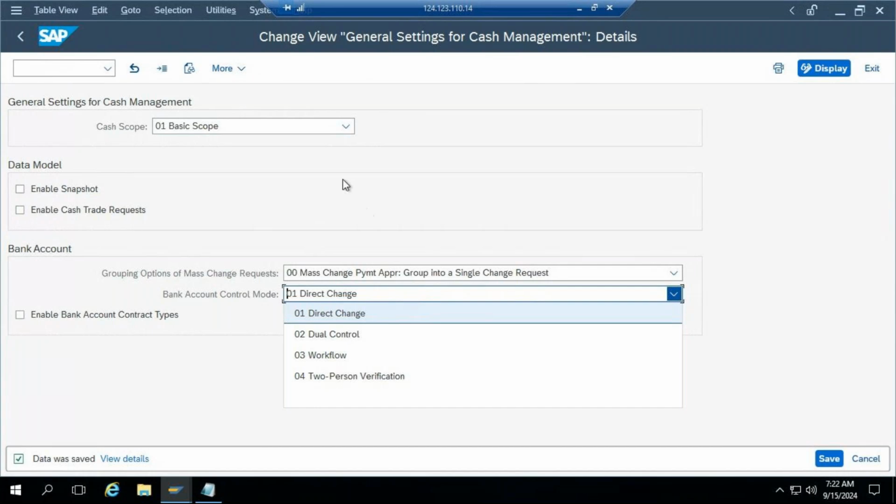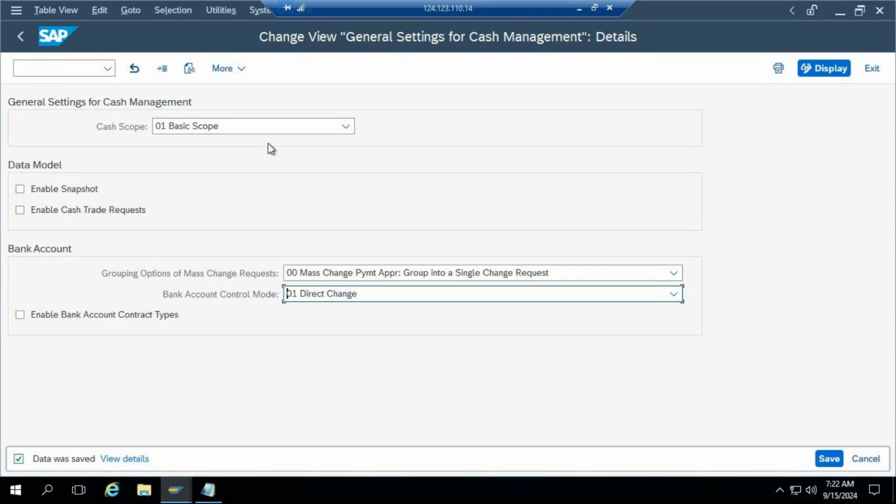In that case, and if you want to use the advanced cash management powered by S/4HANA, then your basic scope will not work. So most of the time when you go to a client location to give a demo, we will always suggest this, and they will also be convinced,